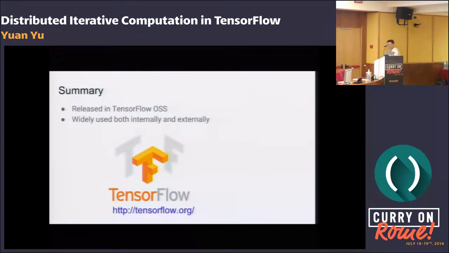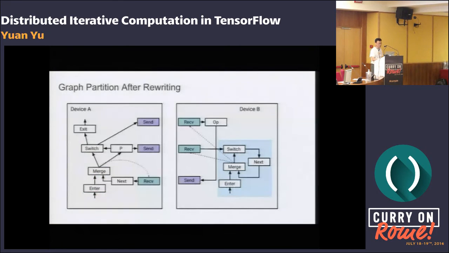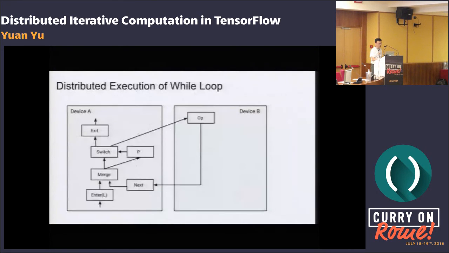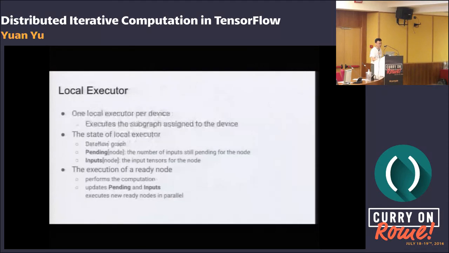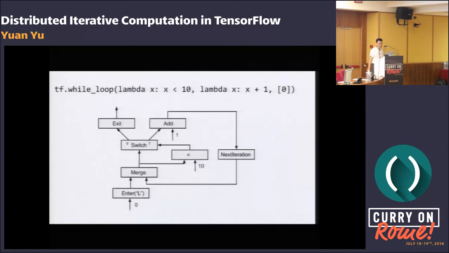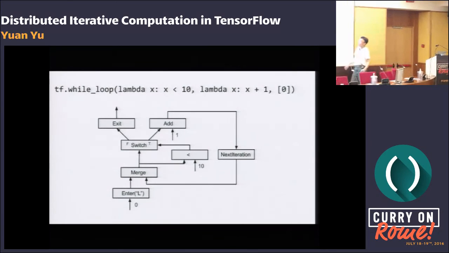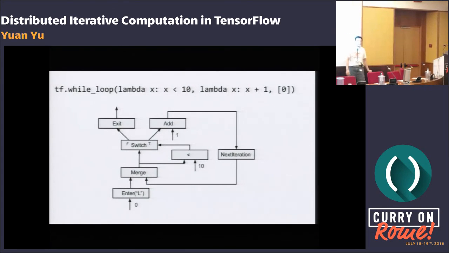Yes? I'm a bit curious about the predicates in particular, how they're built up and where they're executed. For example, you had an example where if x is less than y. Yeah, you're talking about the predicate here? I'm curious where that's evaluated and how that computation is built up and distributed. Yeah, the predicate can be distributed too, so it can be partitioned.